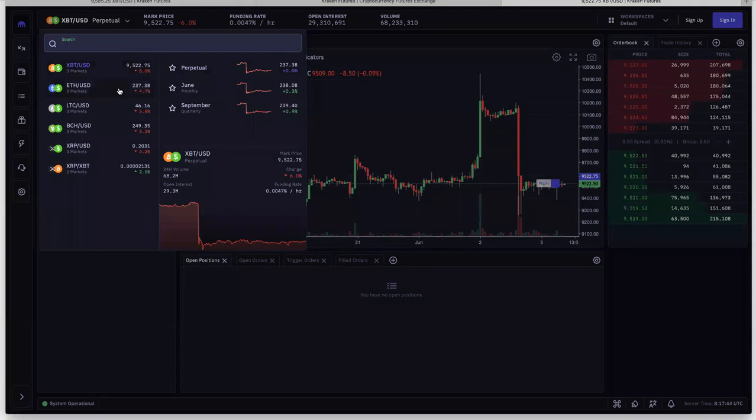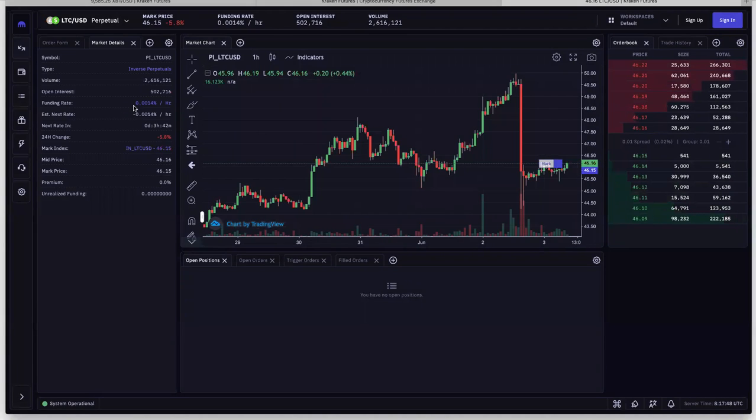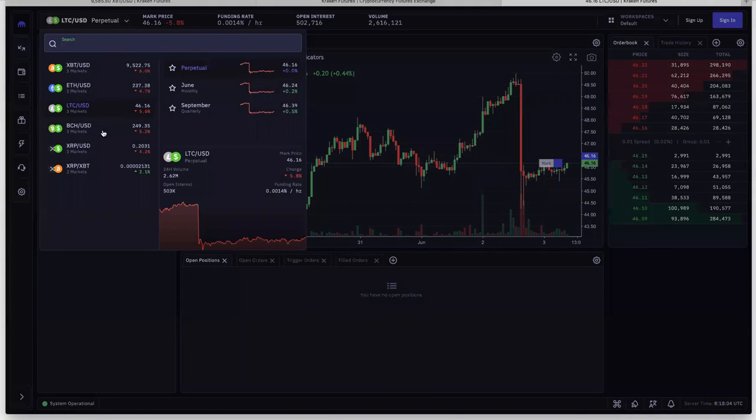Let's see if any of these are trading at a discount. This one's kind of cool. In Litecoin, the funding rate payment is extremely little, and it's because the price is more or less the same. The spot price is trading almost exactly at the futures price. If they were identical for the 4-hour window, the funding rate would be equal to 0.